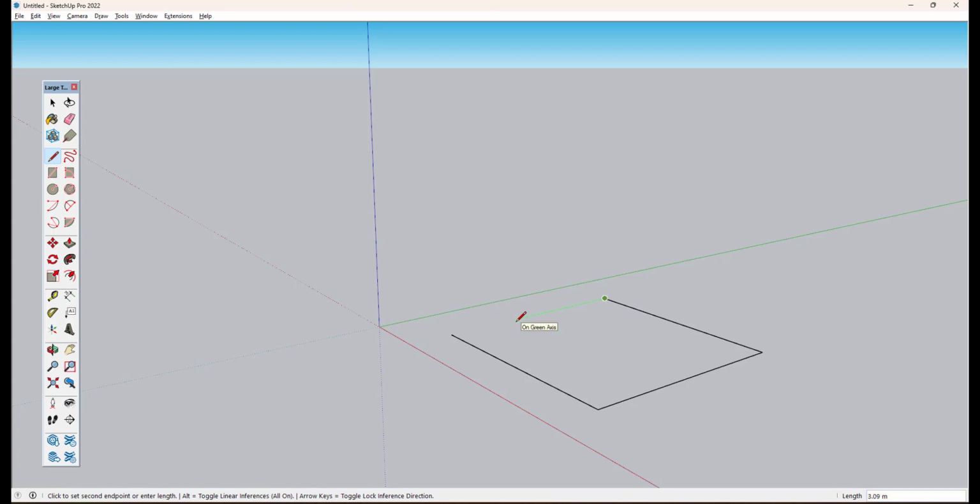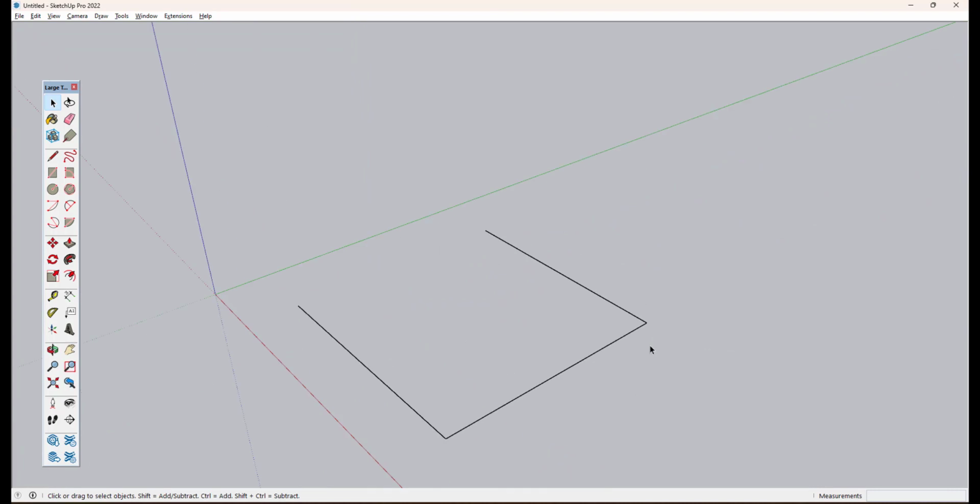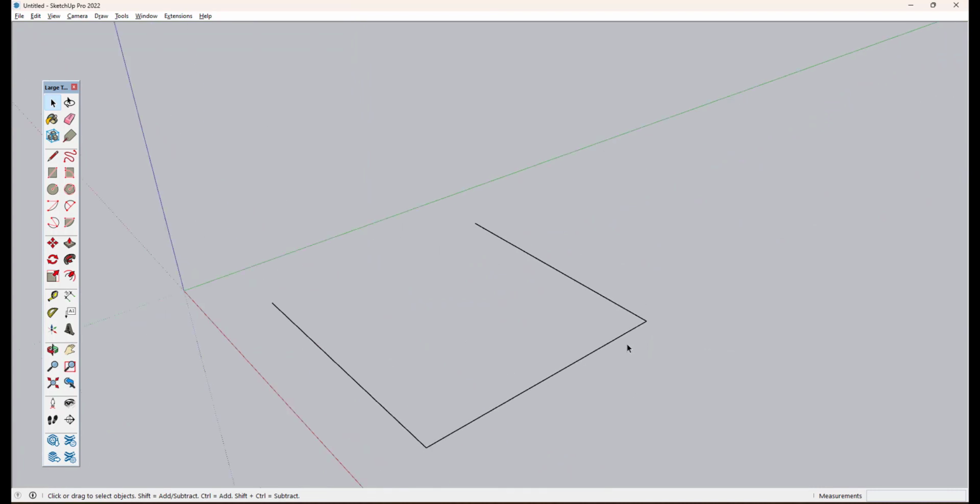And then if you want to come out from the running command, just press the Tab button to come out from the running command. Now I am orbiting it. And then if you want to select the line, once you come out from the running command, you will get a selection tool by default. You can select the command which one you want to select.